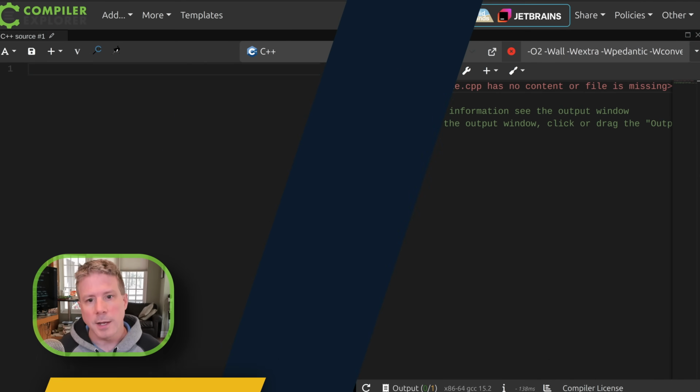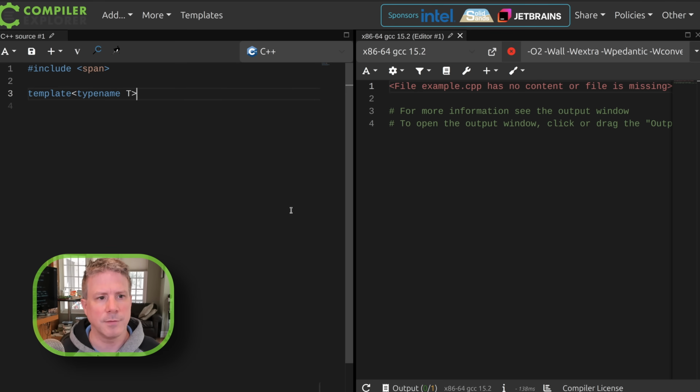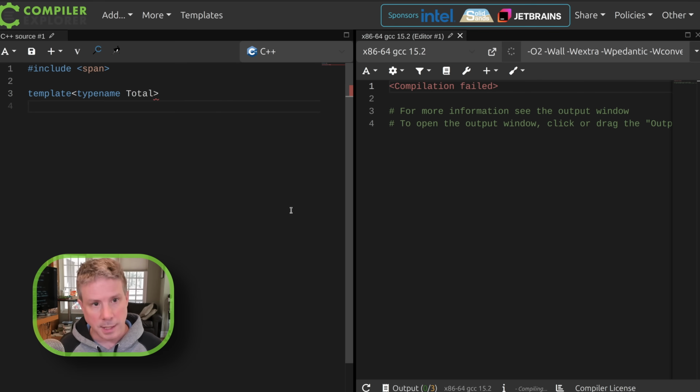So today I am going to implement a class, and this class is going to count the number of things. It's like an accumulating class. So let's include span, and let's make this a template, so we can actually see some C++. We're going to be an accumulator for type T. In fact, no, let's just call that total. This is going to be the thing that we keep the total in, and we're going to say struct counter. We're going to have total,